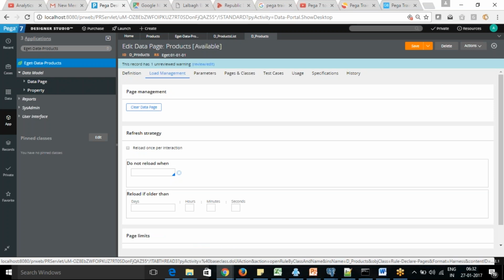How do you want to manage the load? How often do you want to refresh your page? Once it has been loaded, how often do we want to reload the data page?